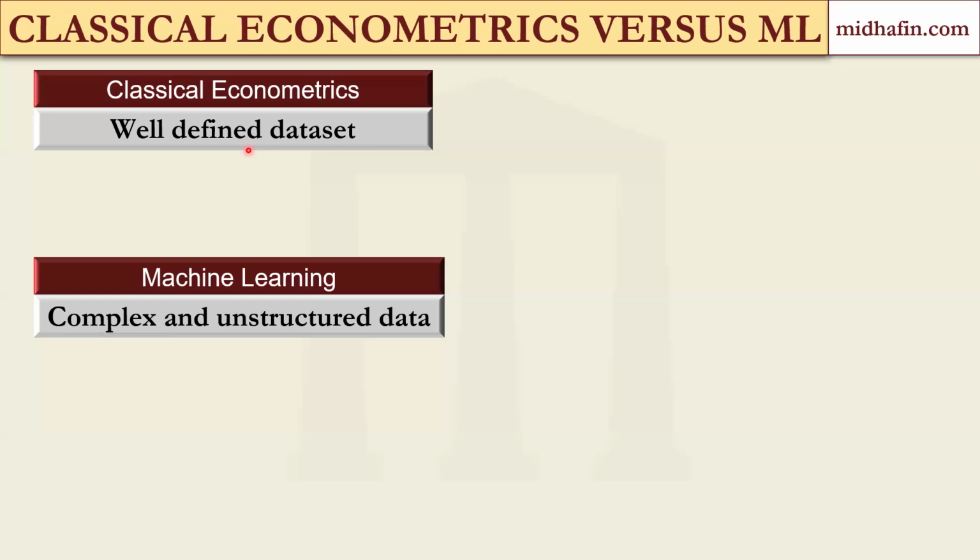in the last chapter in regression, we discussed assumptions regarding no multicollinearity, homoscedasticity, right? All those things should be there. But in machine learning, you can have complex and completely unstructured data. It is actually built to handle messy and unstructured data or even higher dimensional data. It can incorporate thousands of variables, thousands of images,